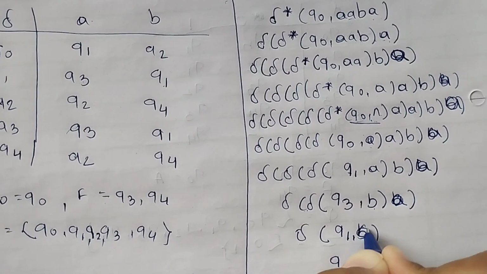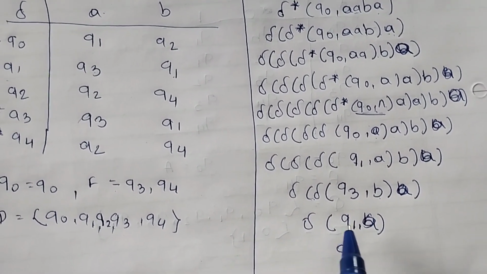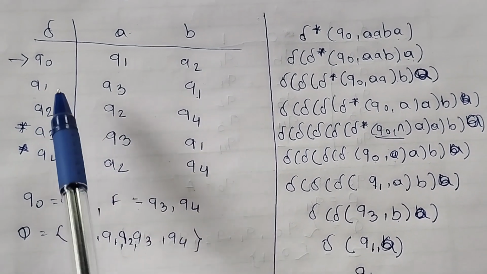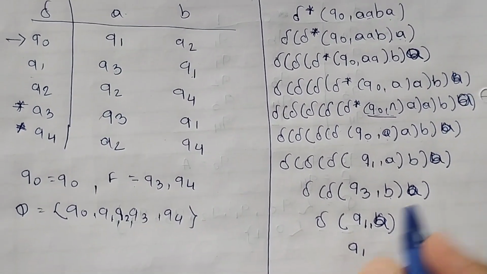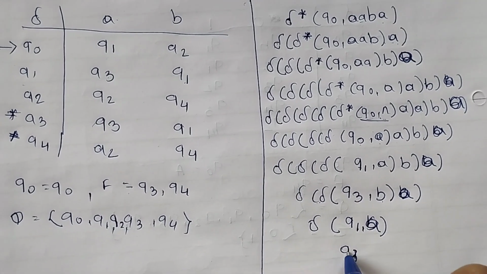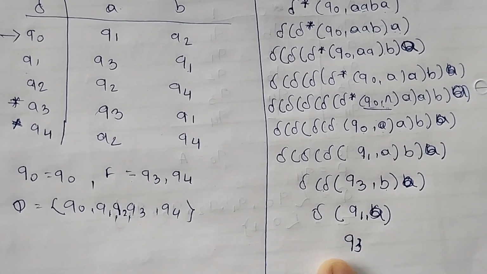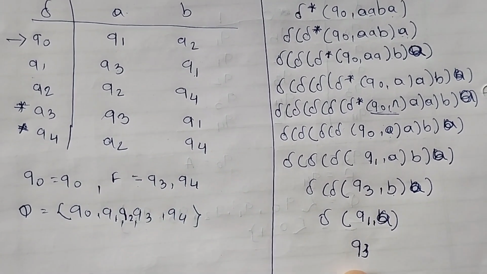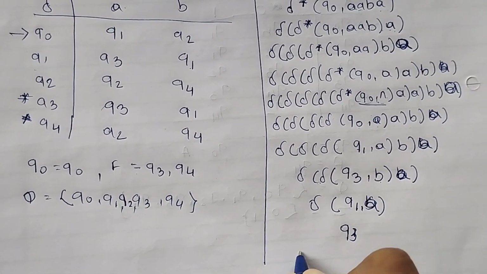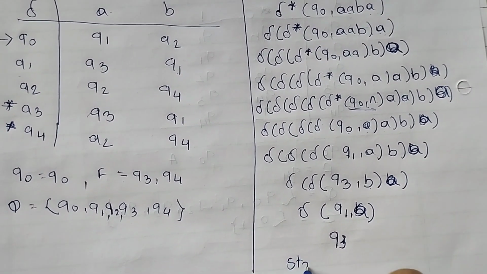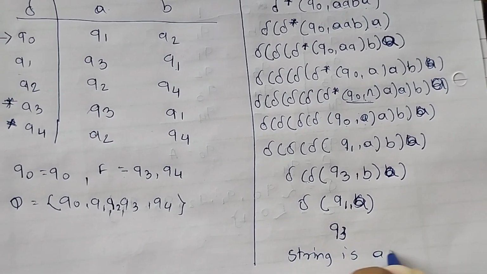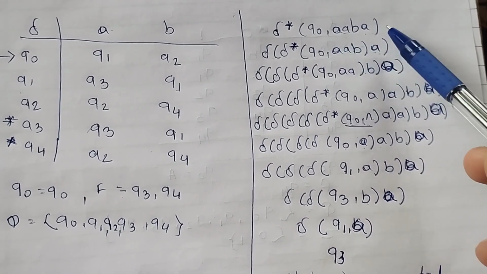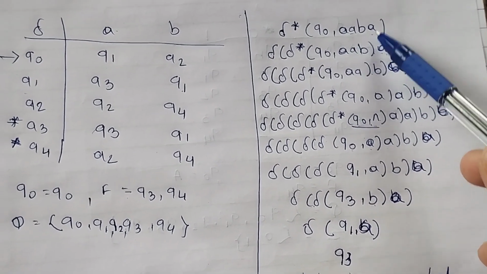So here is also A. So Q0 reads A. Q1 reads A in Q3. Q3. And now if we see carefully, then Q3 is our accepted state. Accepted states are Q3 and Q4, and we get Q3. So this string is accepted. String is accepted. And yes, because this string starts with A and ends with